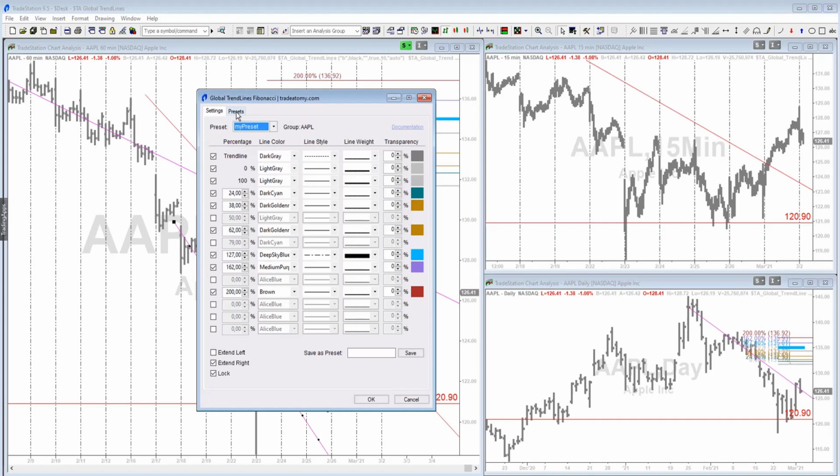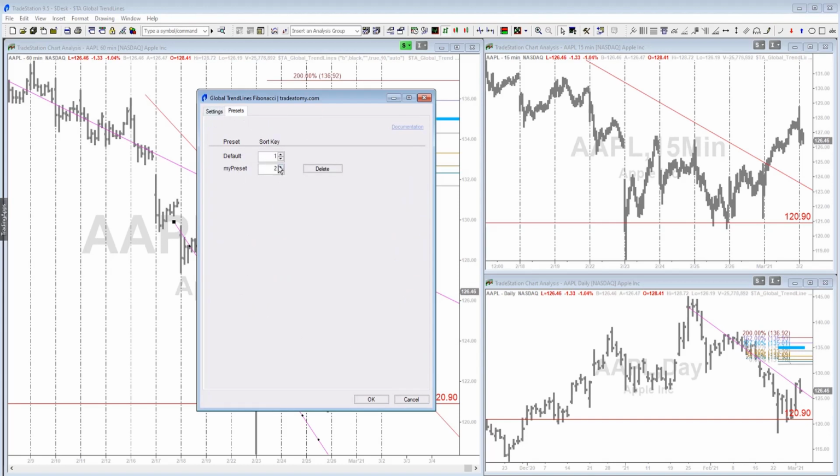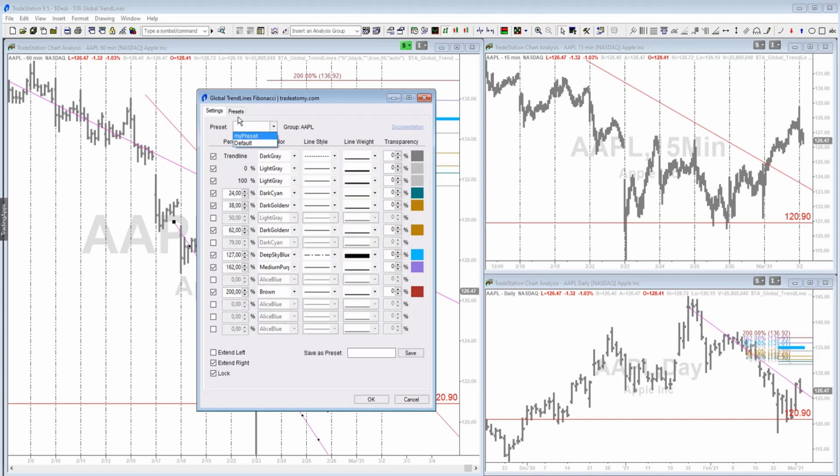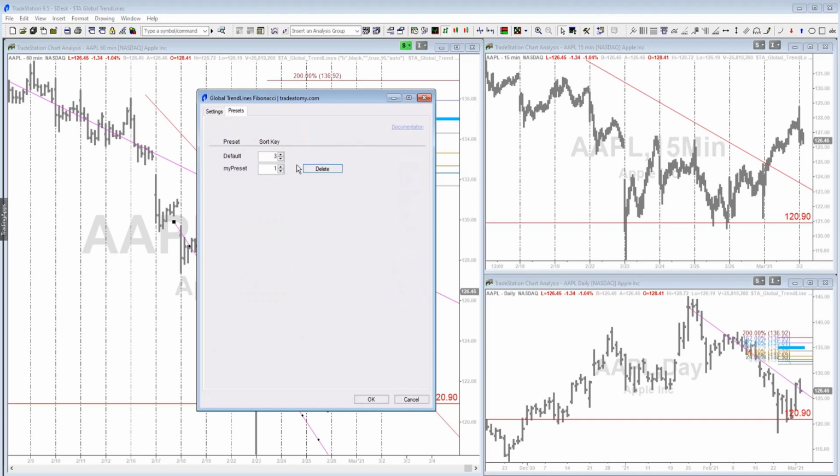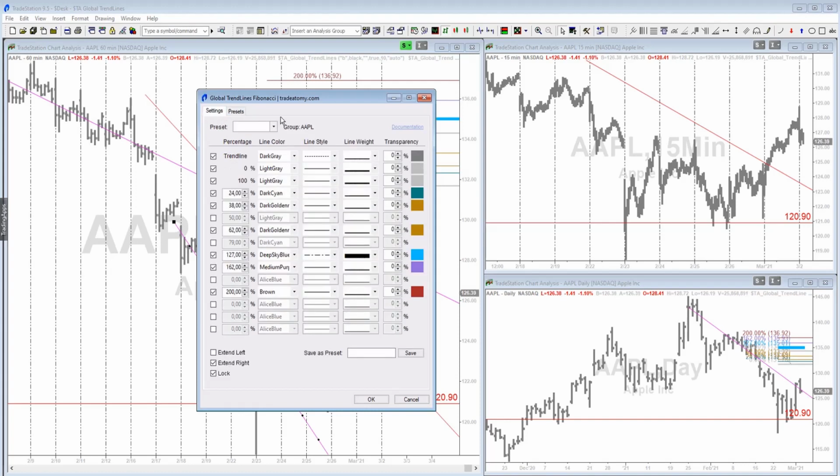There is some management for the presets. You can change the sorting, so if you want to have my preset appear first in this list, it's actually the sort order of this drop down here, and the default preset cannot be deleted, but all the custom presets can also be deleted from here. Other than that, I think that's pretty much self-explanatory. There is a link that opens up my website with the documentation,